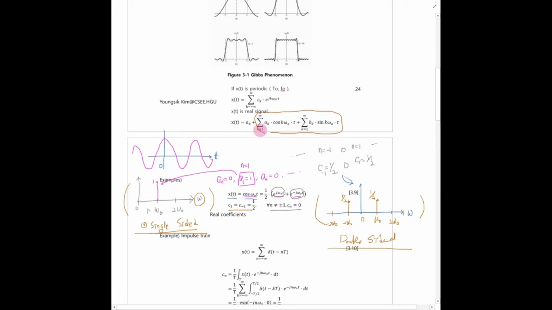You know that k takes 1 in the positive direction, so the index n omega 0 should be positive. But if we take the complex exponential terms, ck can take positive and negative indexes. So this one is double-sided. This is the double-sided spectrum, but this one is the single-sided one. So we talked about three different plots of x(t). This one is just cosine omega 0 t, so we can plot it in the time domain this way. The time domain has this pattern, but in the frequency domain, if we take single-sided